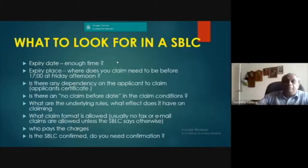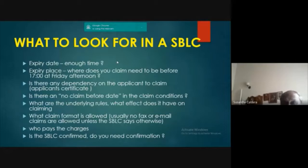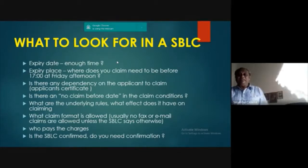What to look for in a standby LC? When issuing a standby LC, we have to check the expiry date, whether we have enough time, because we have to do the payment. When you are claiming, you have to see whether we have enough time. Then the expiry place. Your claim needs to be there before 5 o'clock on Friday afternoon, before the bank closes. You have to submit